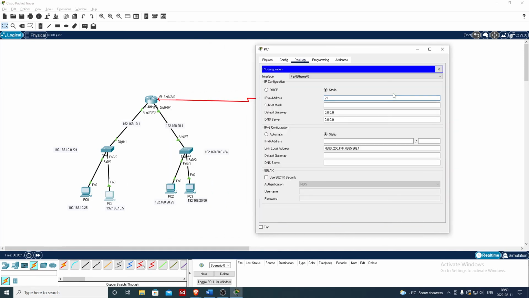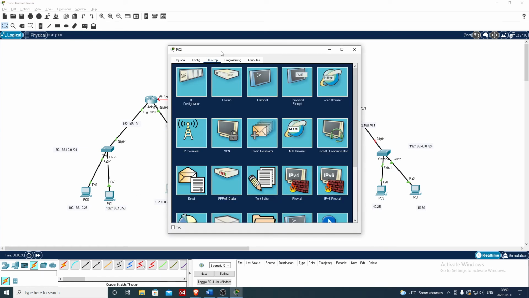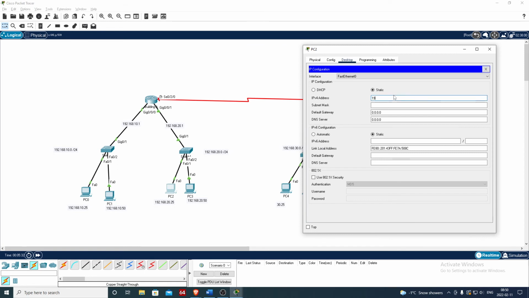In here, 192.168.10.50, 255.255.255.0, and the gateway is still 1. By mistake I put 5, it should be 50, but it doesn't make any difference. 192.168.20.25, the gateway is 20.1, okay, 20.1,